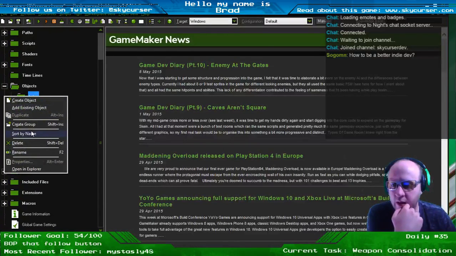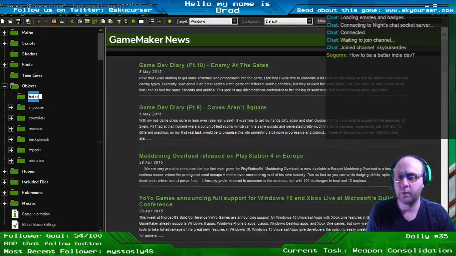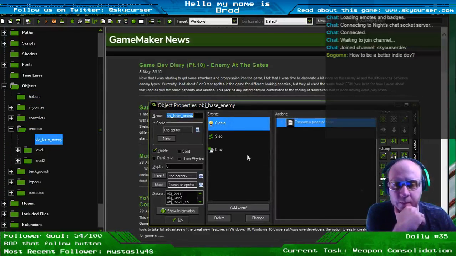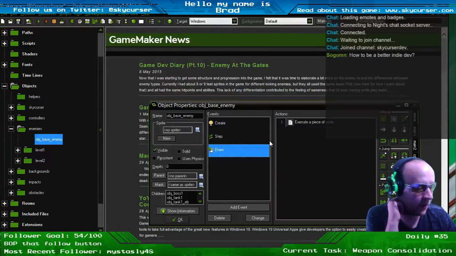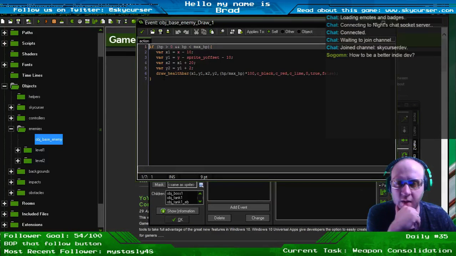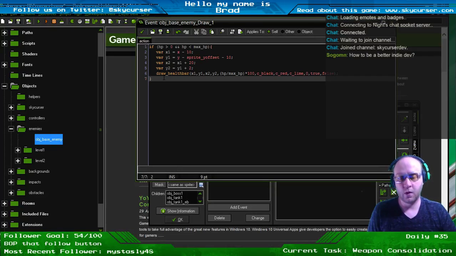I'm actually going to rename it a little bit. Just call it helpers, because I'm sure at some point I'll have a helper that I need to create an object of. So enemies, object base enemy. I was thinking about this at work today, and I was thinking this would probably be the best way to do it, so it just took me a minute to get to that point. Okay, so